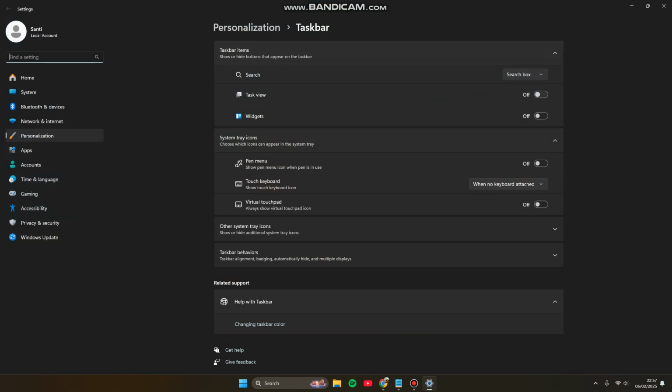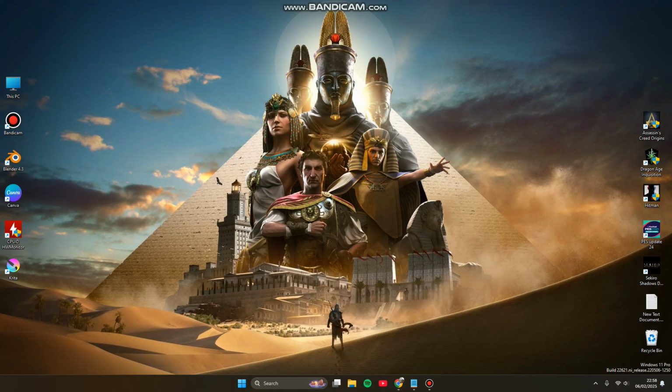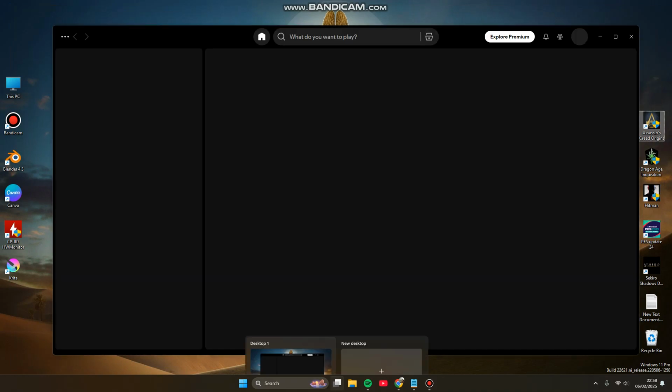So here, if you turn this on, the task view icon will show up in your taskbar. So let's close, and here we go. For example, let's start the Spotify on my main desktop, and if you click this,